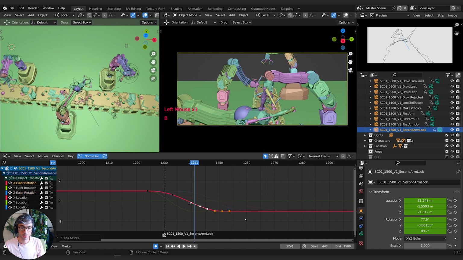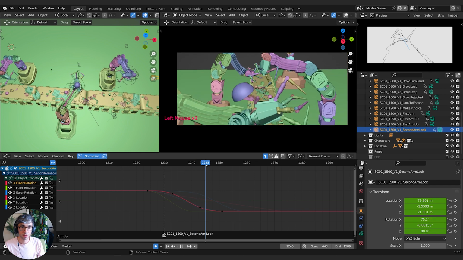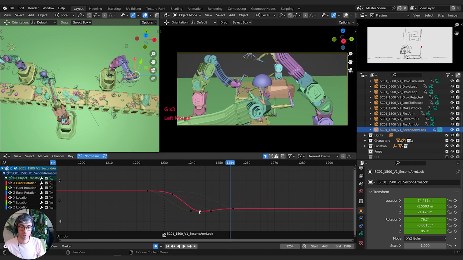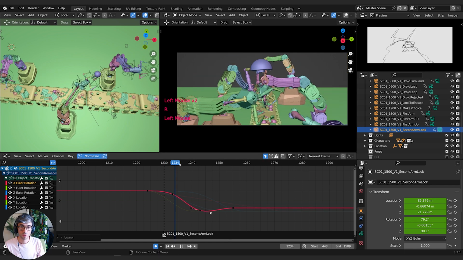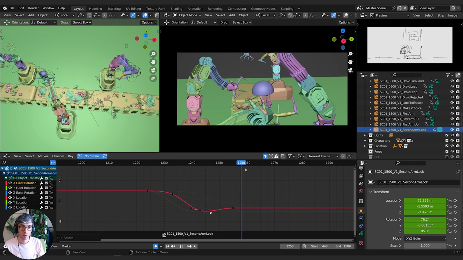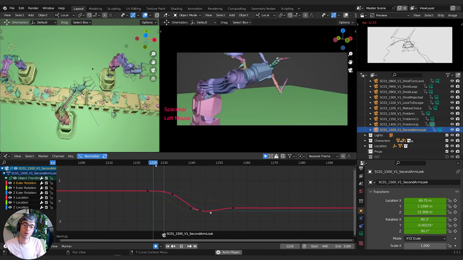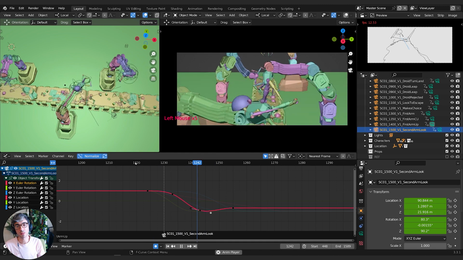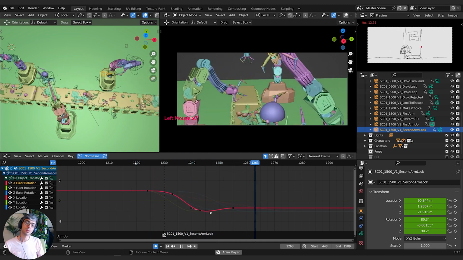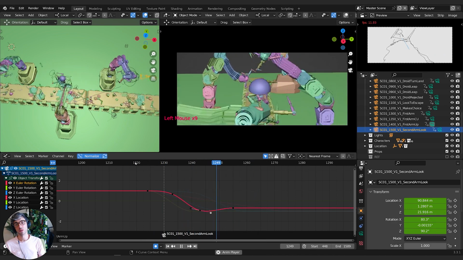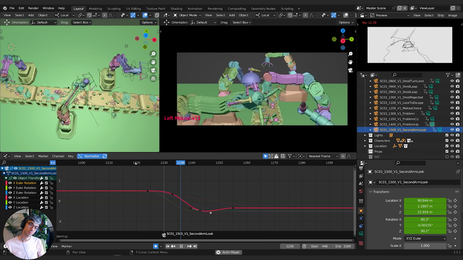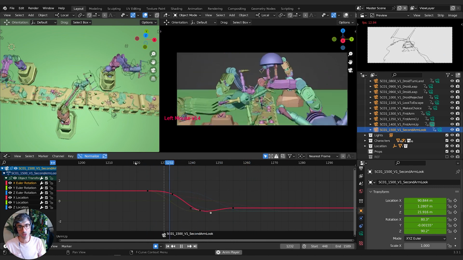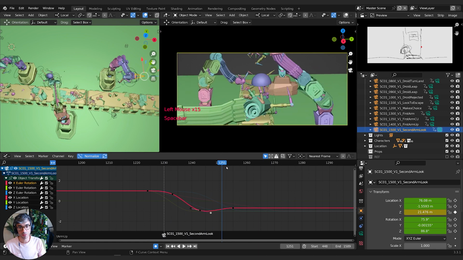Back to my X rotation. I'm going to pull these down a little bit further. End up with him a little bit better in the frame. Maybe pull this one up a touch. Now, one thing we lose with this tight lens is the sense of distance, but I don't mind that as much because it's reading a bit clearer. Really need to start looking at this rendered because I'm worried that all these shapes may not read as well when we see the materials, but